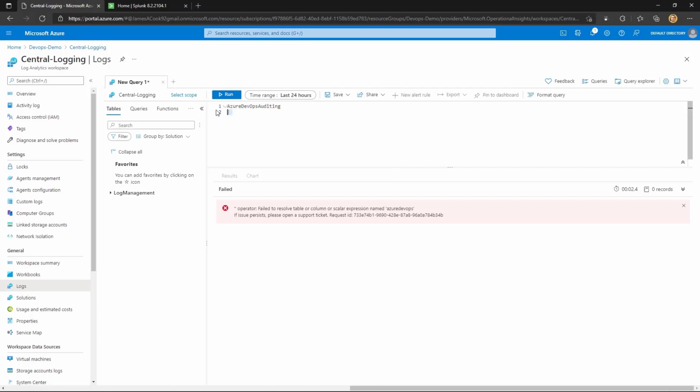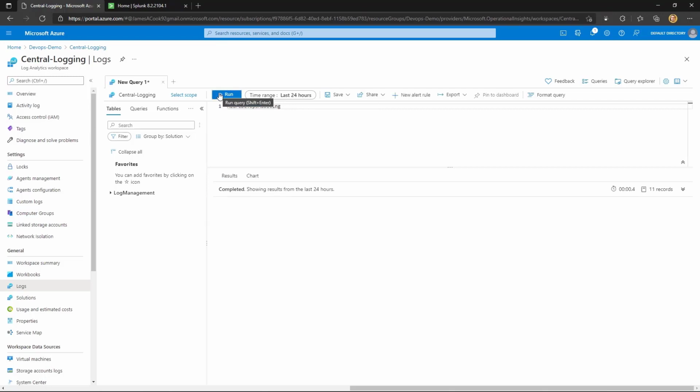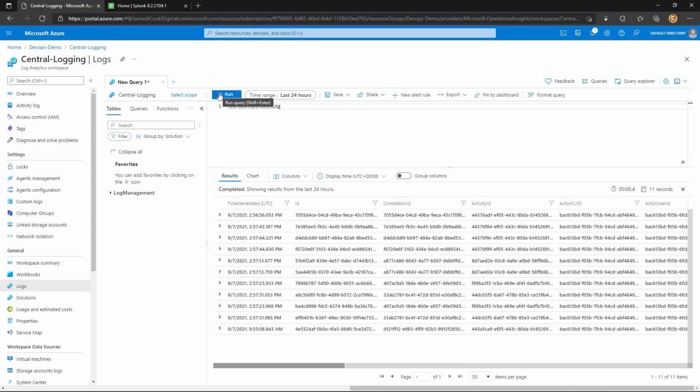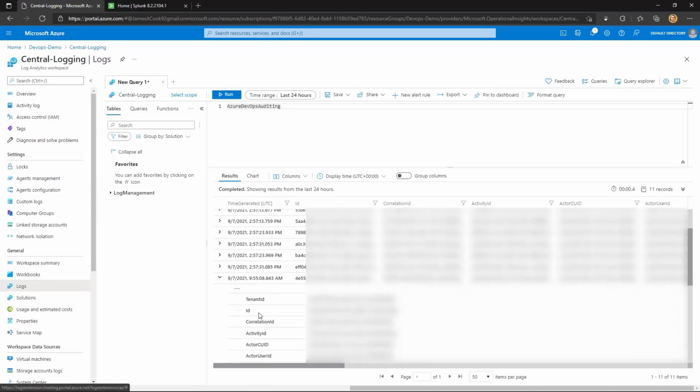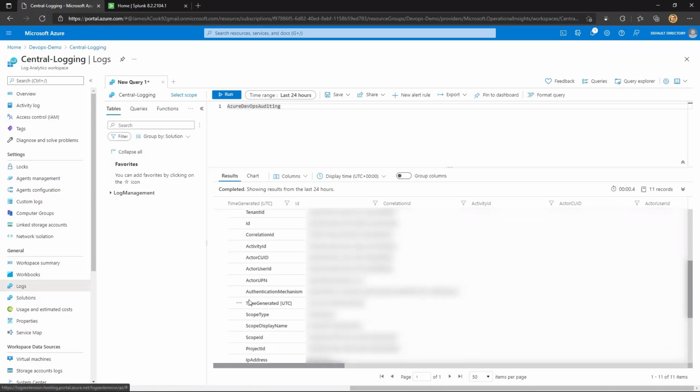And if we just delete that, so we're just searching for Azure DevOps Auditing, anything in regards to that category in the last 24 hours. If we run it, you can see there's a load of events. If you just created the link like we just did, the first event you'll see is this one here. And if we scroll down, what you'll see here is